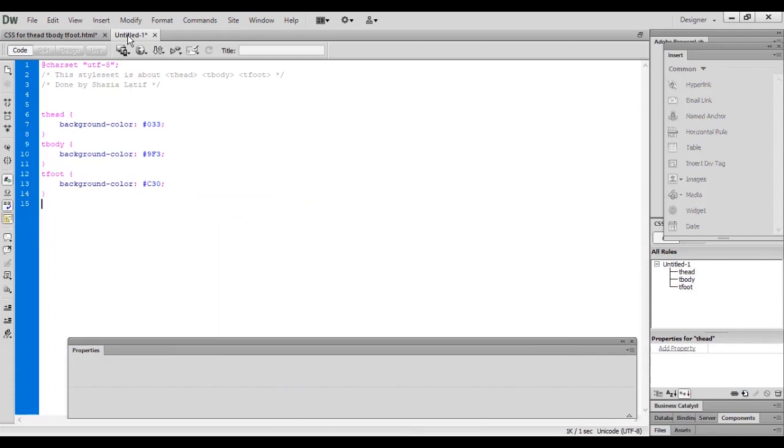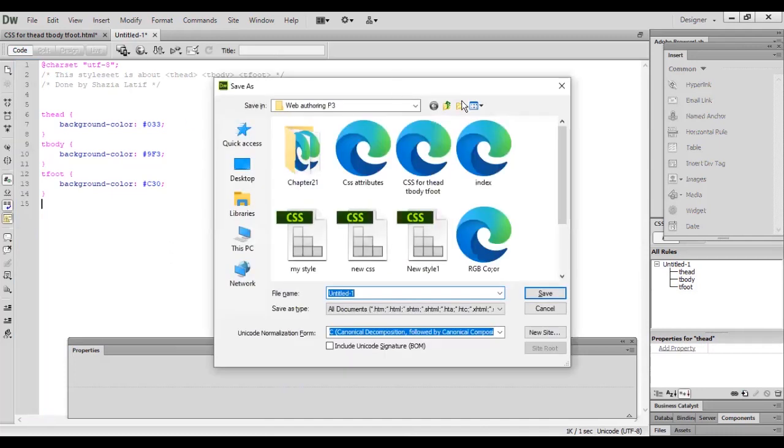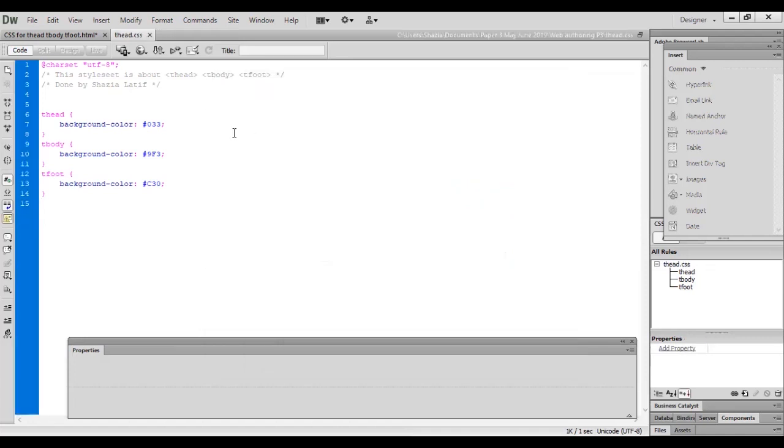So far this is not saved, so you must save your file first. Press Control S, name it T head, then save it. It will save it in the CSS format. So I have this file, this is my CSS file, and this is my HTML file.